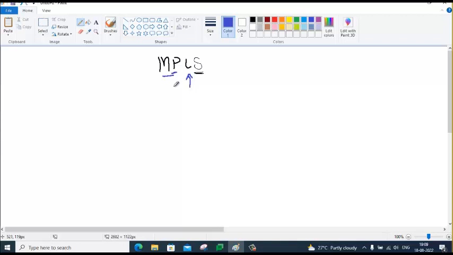It can be Ethernet protocol, encapsulation type Ethernet. It can be PPP or anything. There is no particular environment for MPLS to work. It can work with any layer 2, layer 3 protocols.